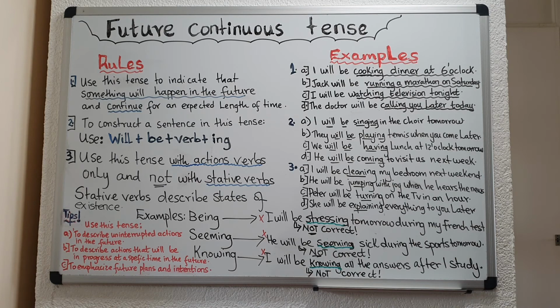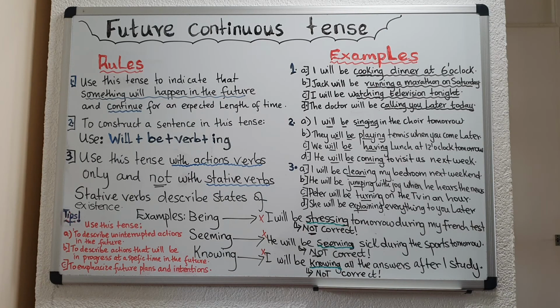Now, tip number B. Use this tense to describe actions that will be in progress at a specific time in the future. Okay? So if you're planning to do something at a specific time in the future, and it will continue, it will be in progress, then use the future continuous tense. Like for example